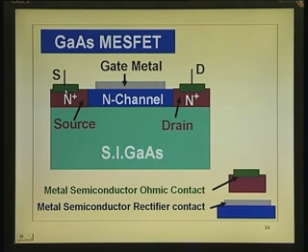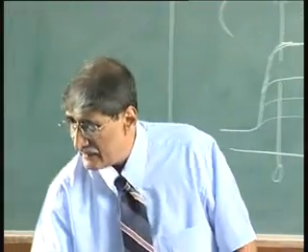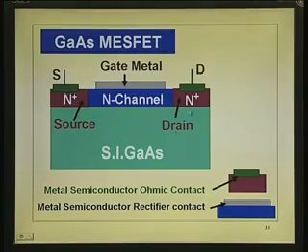You have another metal contact here, and in this N channel region, in between, you have another metal coming up. So, you have 3 metals on the surface of this,